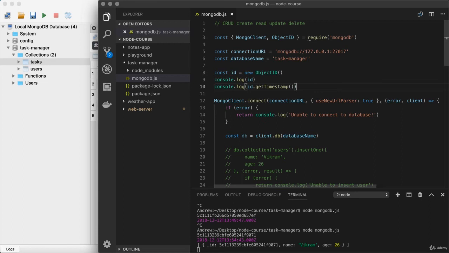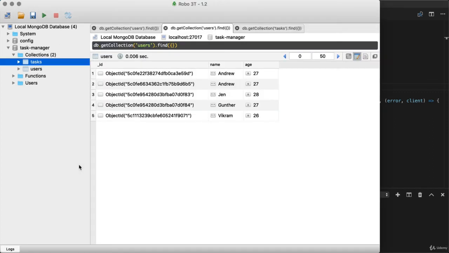Right here, the last thing we're going to talk about is how object IDs are stored, because that plays an important role as well. In the terminal, when we see an object ID, we just see the series of characters that make it up. So right here, we have an ID that starts with 5C and ends with 7-1. Now over in Robo3T, we have the exact same ID that starts with 5C and ends with 7-1 for the new document we just created, but there's also some extra stuff on each end. What we have here is a function call where this string is being provided as the first and only argument. So this is a visualization, making it easier to see the object ID value because IDs are indeed binary data.